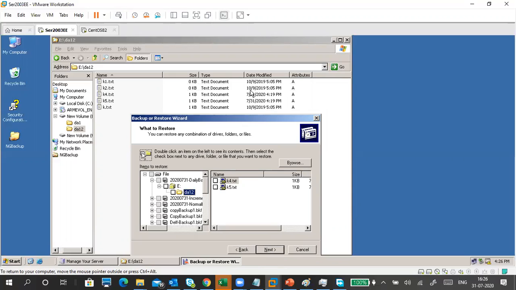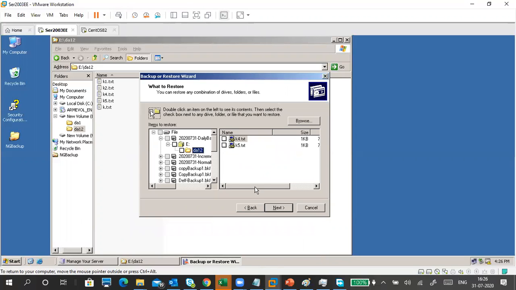Okay, so like a 10th, it's an October file. Sorry, it's not September. It is an October file. October 10th, I created this one. October 9th, I created this file. If I modify, it will come with today's date. Then it will take that backup also. But can you see this one? So daily backup means which file is created today, it will take the backup of that file only. It won't take the backup of all the files.